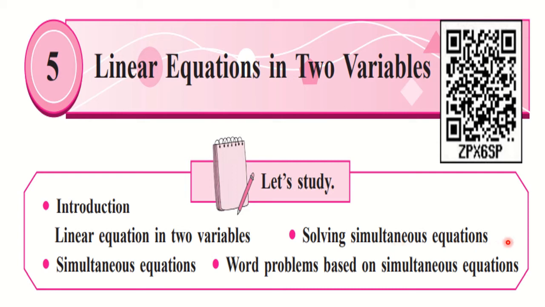I told you that there are two methods. First is the elimination of variable by equating the coefficients, and second is the substitution method. The second method is omitted. It is not there for evaluation because of the COVID-19 pandemic. So you are going to use only one method, that is the method to eliminate the variable by equating the coefficients. Okay.